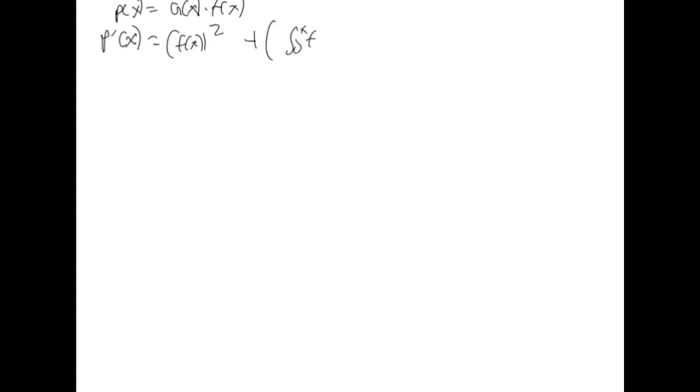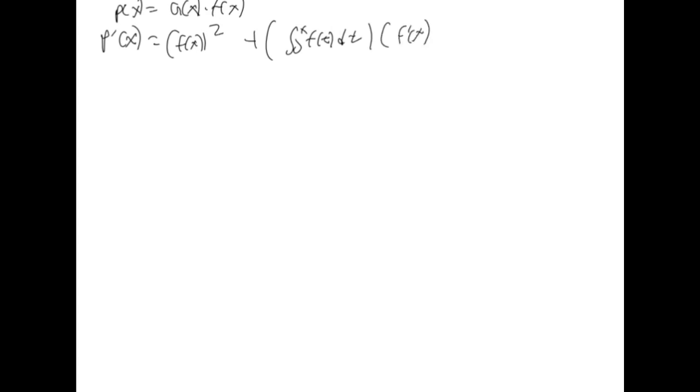A common mistake would be finding the derivative of g and then multiplying it by the derivative of f, but that's wrong because it doesn't apply to the product rule, because they're 2 separate functions. So when we do this, we get f of x squared plus the integral from 0 to x of f of t dt times